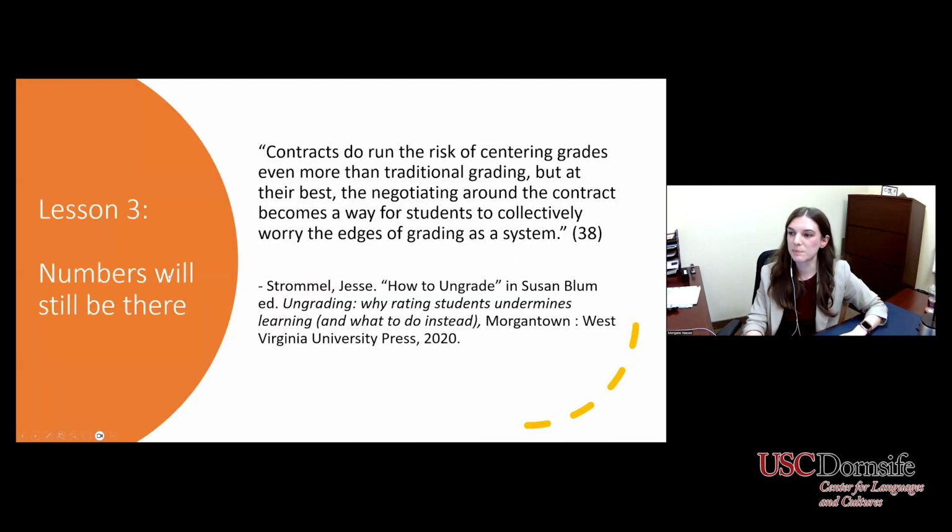All right, and this brings me to my last lesson, that no matter how much we want to avoid grades and numbers, they will still be present, unfortunately. And even in this presentation itself, right, which was overall technical. As Jesse Stommel has warned, quote, "Contracts do run the risk of centering grades even more than traditional grading, but at their best, the negotiation around the contract becomes a way for students to collectively worry about the edges of the grading system." And indeed, at the end of the semester, I had conversations with students who worried about their